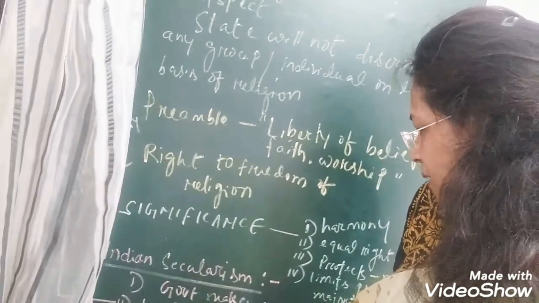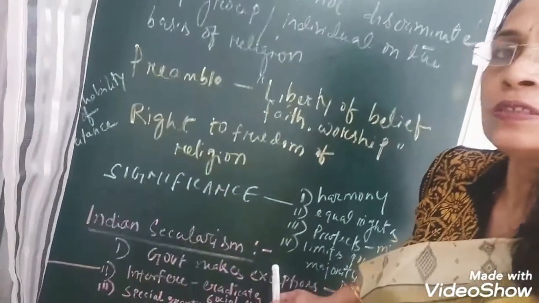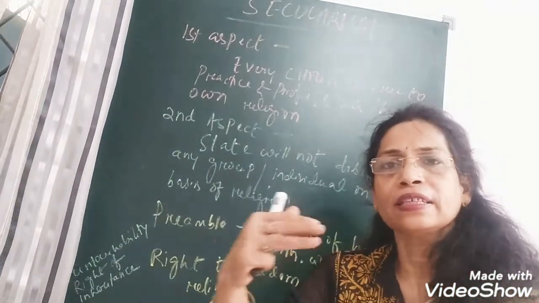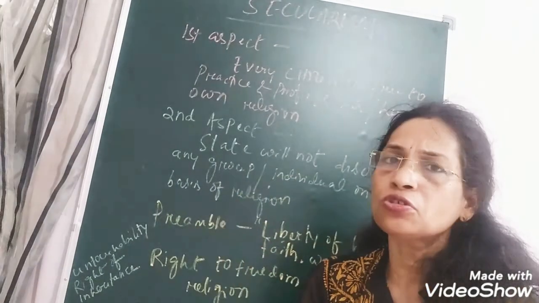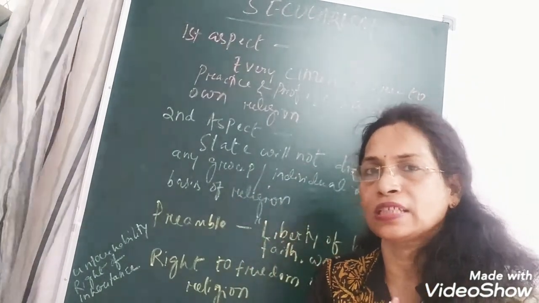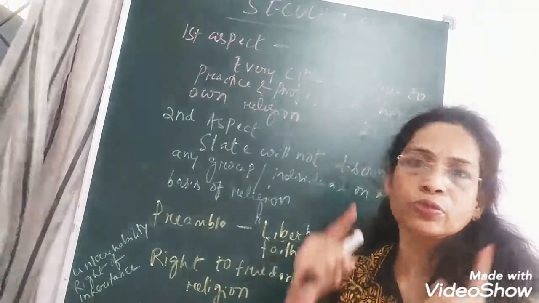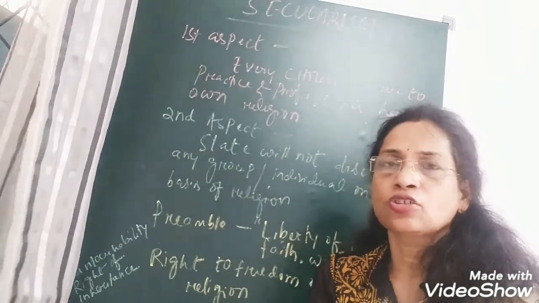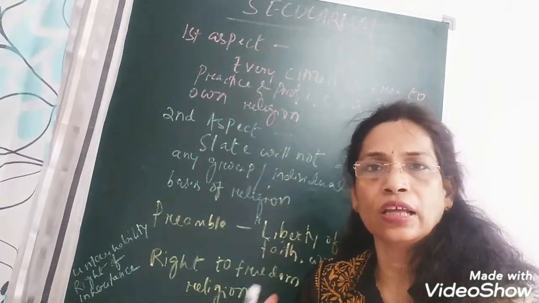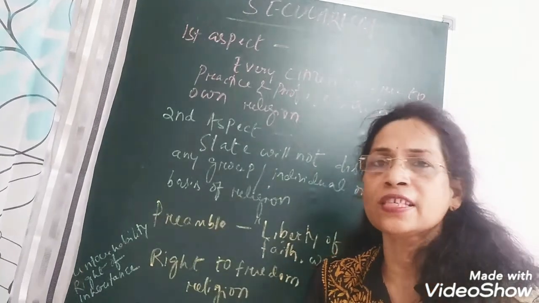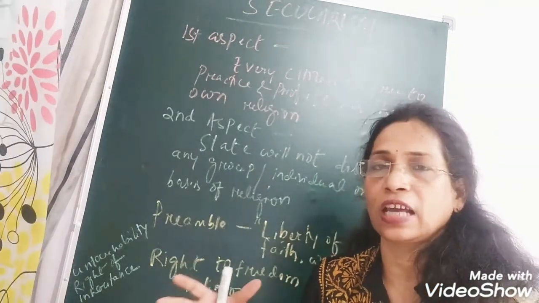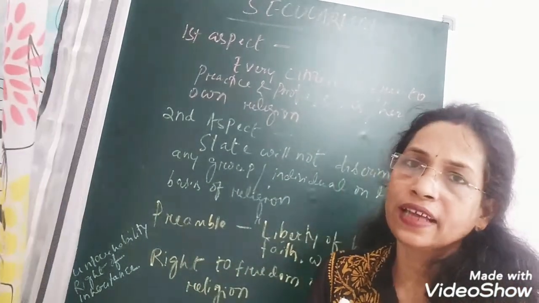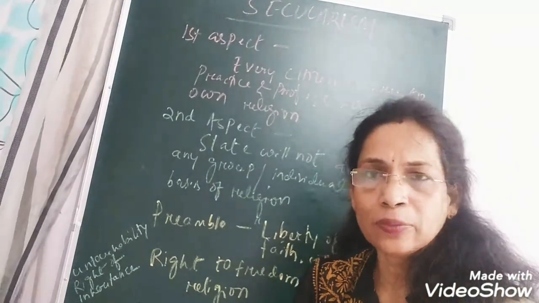Under it, the government makes exceptions for certain communities. The government can make special provisions. It means it can give exceptions to some groups. Take the example of Sikhs. They are given freedom to wear a pagdi instead of a helmet while driving a two-wheeler. And they are also allowed to keep a kirpan as a religious symbol, whereas others could not keep any such type of weapon as it is against the law, but a Sikh can keep it because it is their religious symbol.